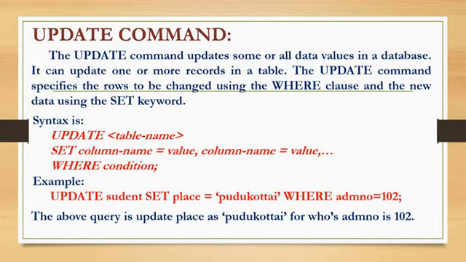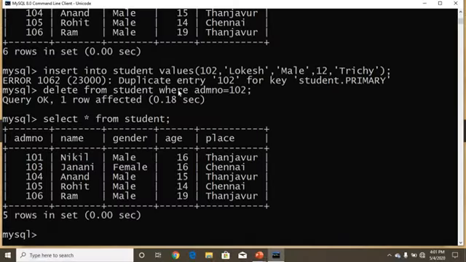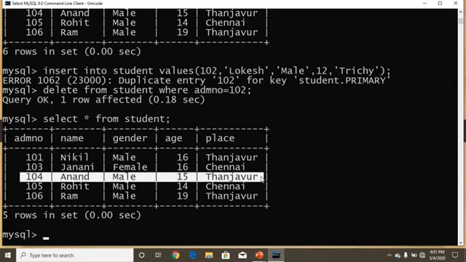How to set that: update, table name, set, place equal to Pudukottai. For whom? For admission number 102, some other record. See the example. Now see the table. Anand came from Tanjavur.